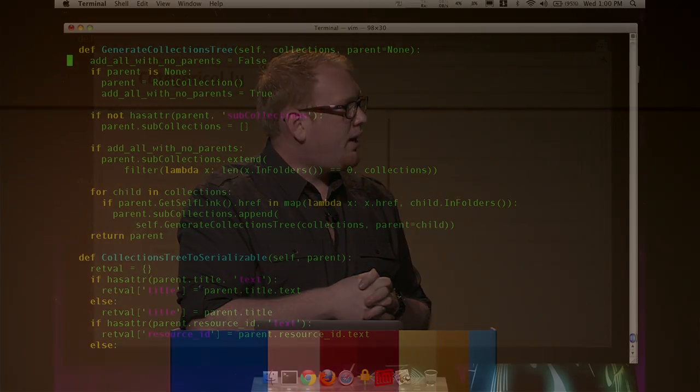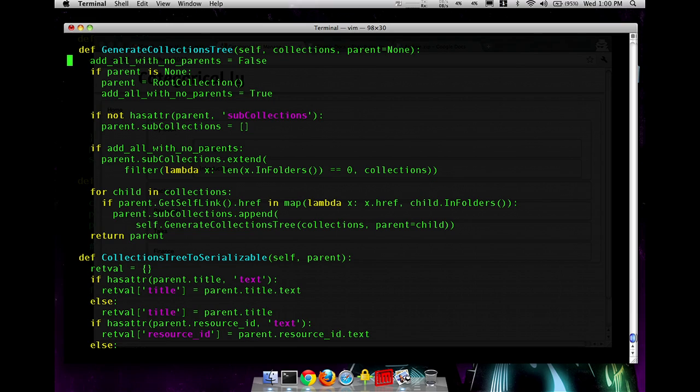So the root collection may be at the same place in the list as the My Book collection or the Photos collection, something like that. So you just get this flat list. Everything's at the same level. Here we use a recursive traversal to turn this into a tree that we can later walk to show something